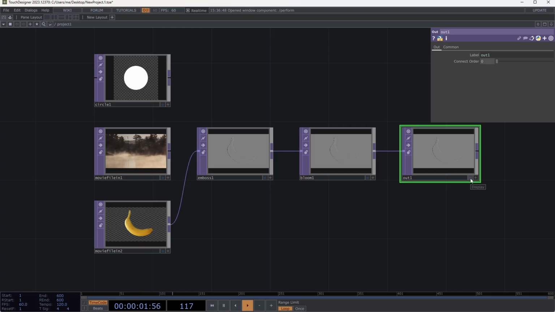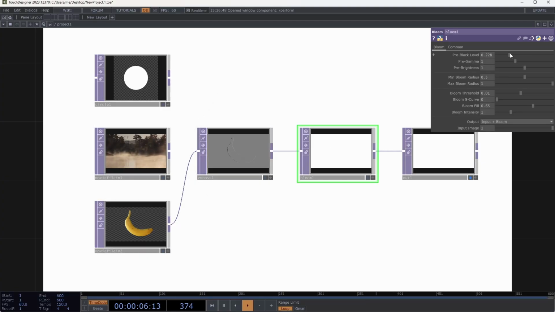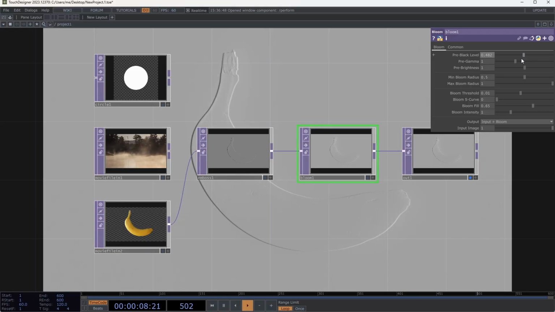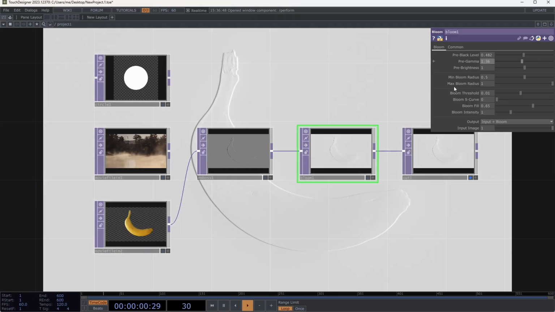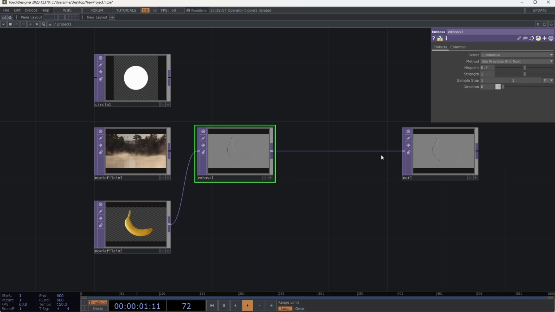Let me hit the display button here so I can see it. And then I can actually just change the parameters in real time and see what it's looking like. So, what I'm doing is adding one after the other. The output from one goes to the input of the next, and so on and so forth. So that's how we use this. If I hit delete here, it'll just kind of magically